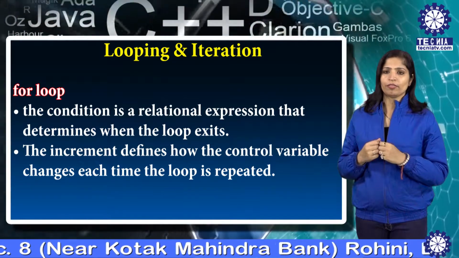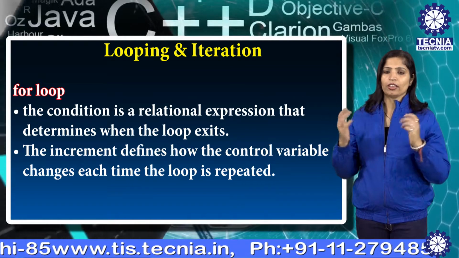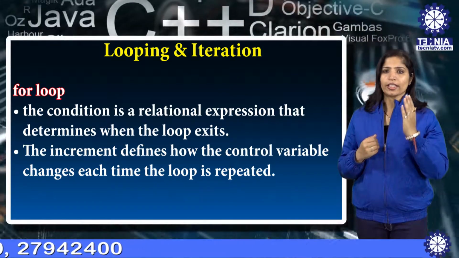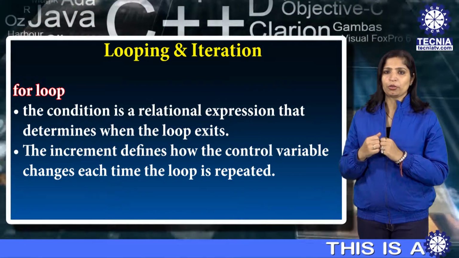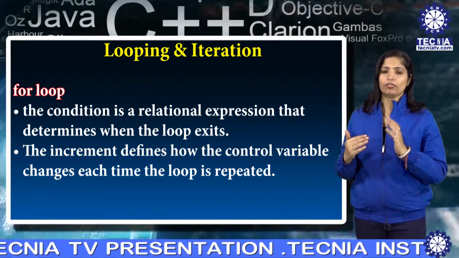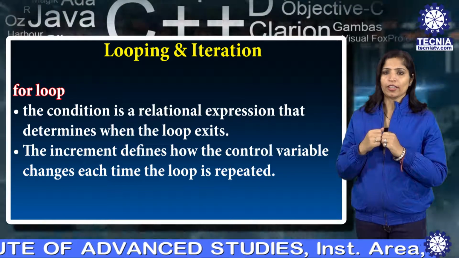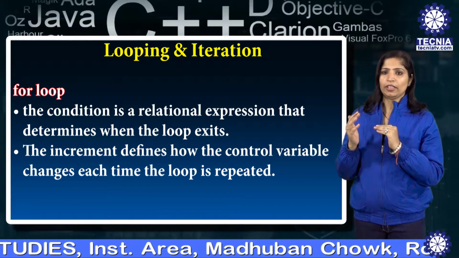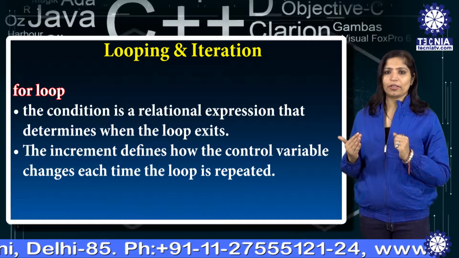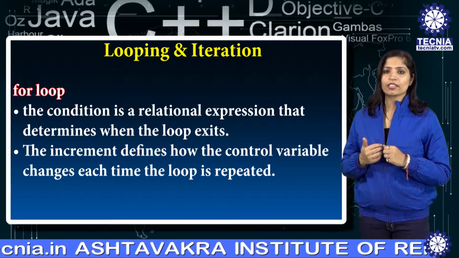The for loop's additional features are: first, more than one variable can be initialized at a time in the for statement, separated from one another by commas. Second, when the conditional expression is absent, it is assumed to be true and it goes on as an infinite loop. The statement will be executed for an infinite time. Third, the test condition may have any compound relation and the testing need not be limited only to the loop control variable. Fourth, one or more sections can be omitted in the for statement if necessary.